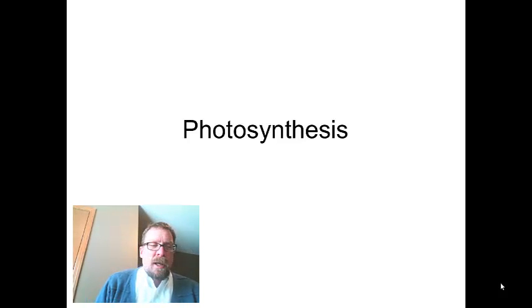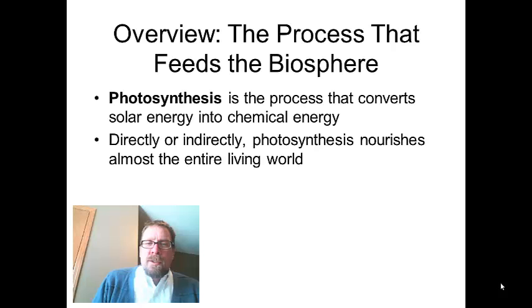This one's going to be on photosynthesis, which, as we know, is really what feeds the world, directly or indirectly. And let's remind ourselves of how things get food. Here are some delicious asparagus. Notice the green color of the chloroplast and stuff. Like all other plants, this makes its own food. It's an autotroph. It's a producer. It takes sunlight and uses it to make sugars.